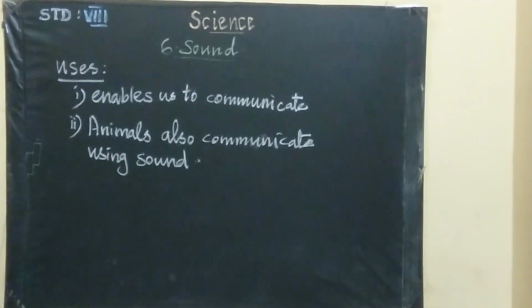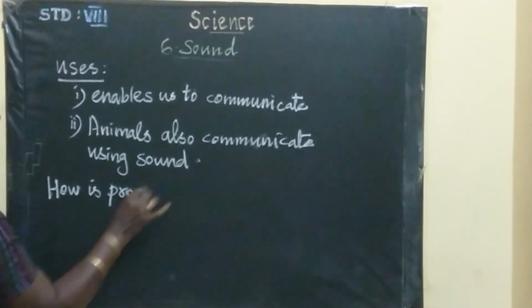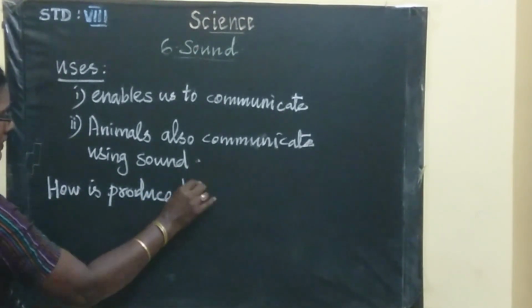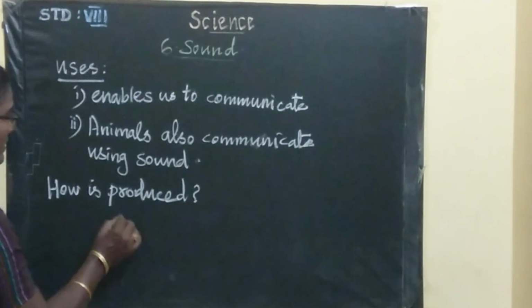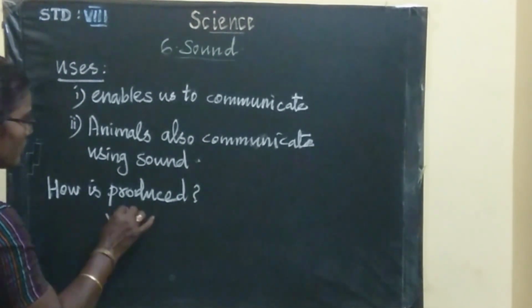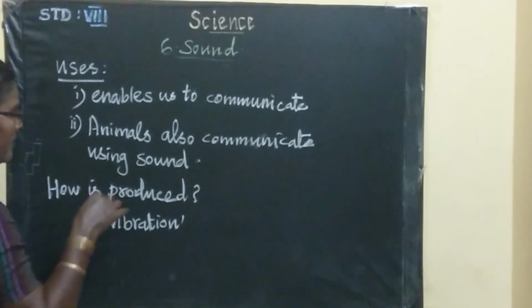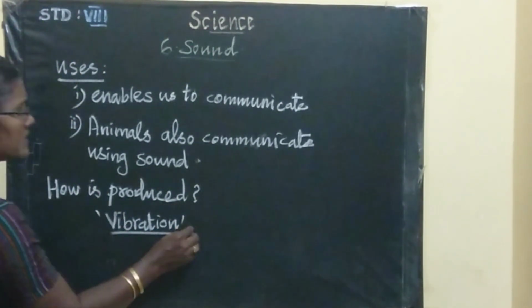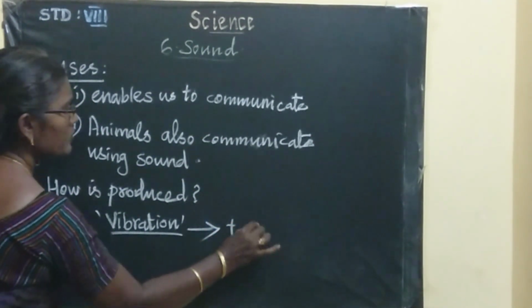How is sound produced? When an object is set to vibrate, the sound is produced. So, sound is produced by vibration of an object. What is vibration? Vibration is nothing but the to and fro motion